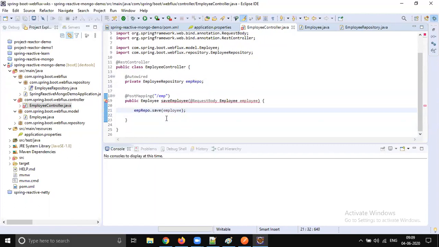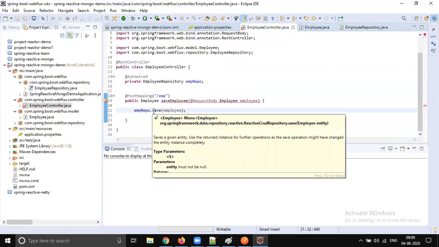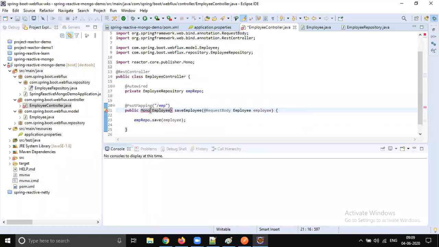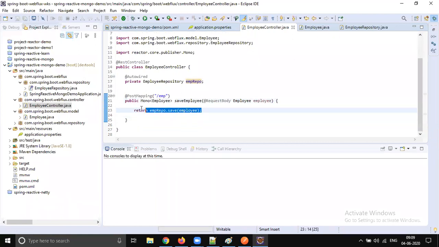Done. But this should return some employee object, right? The biggest mistake we made: the return type should be Mono. Every method should return Mono. That is a thumb rule. Now you get that saved Mono, just return it back.